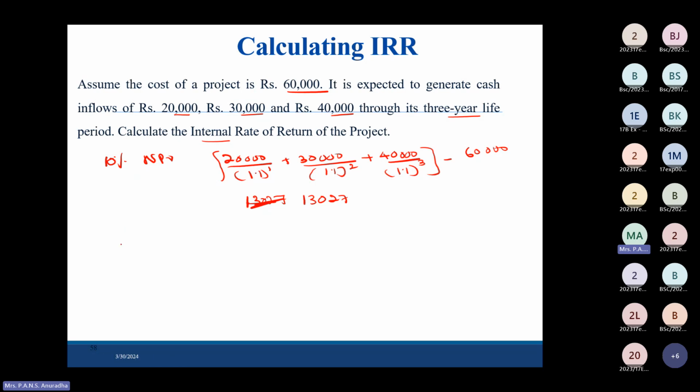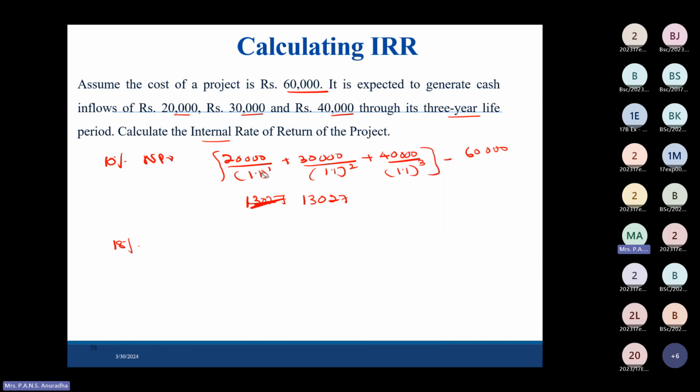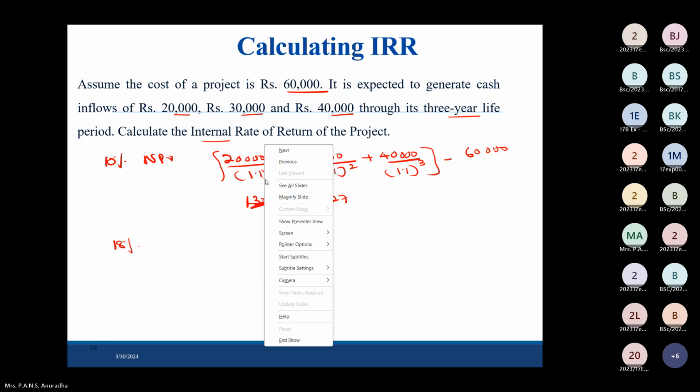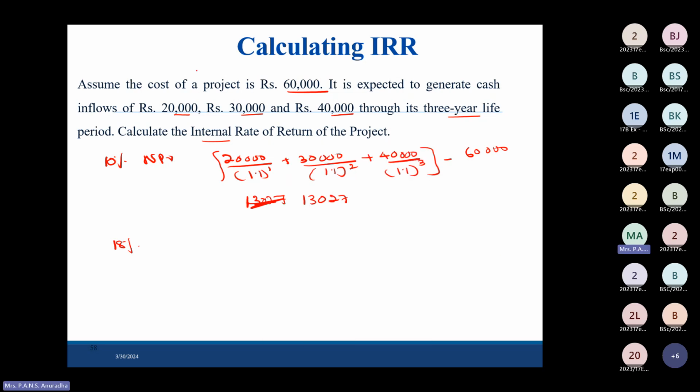So let's start with this. This is positive, so let's try again at, say, 18%. Tell me what is the NPV at 18%. So what you have to do? Now you are changing the discount rate. So you are changing here. Now the discount rate is